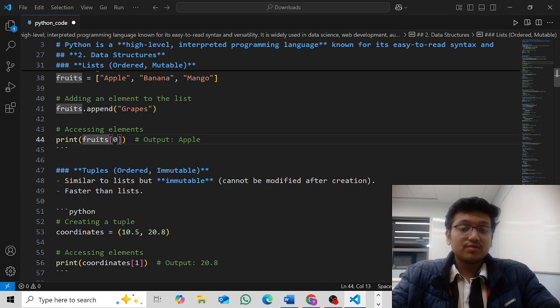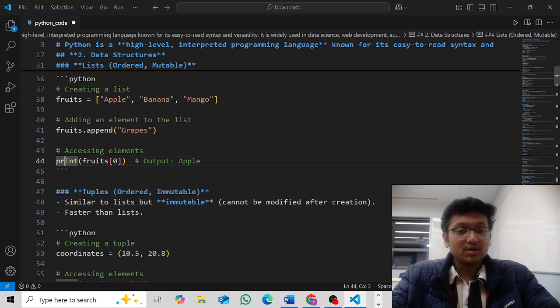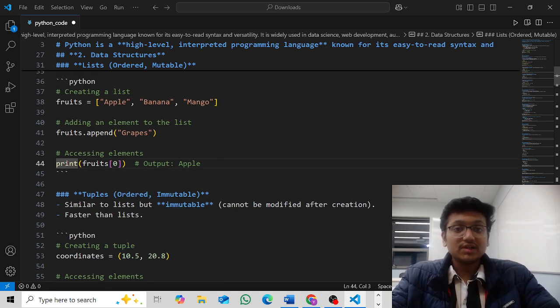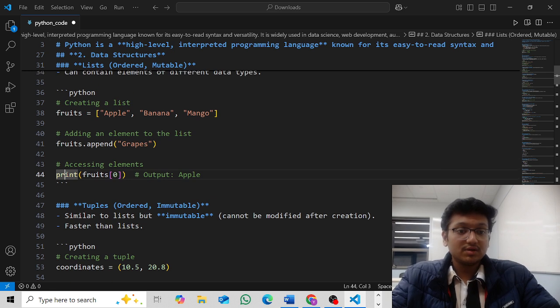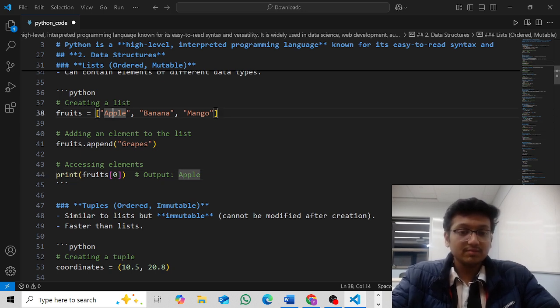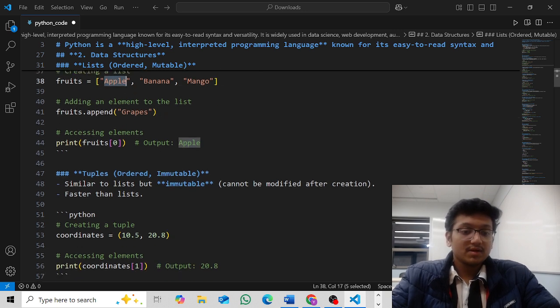And after that, if you want to access your element, let's say I want one value from the fruits. So I can say print fruits[0]. So it will give you the first string from the list in this variable. So it will give me output of apple. As you can see, it starts from 0, 1, 2, 3. Here is a 3, 0, 1, 2, 3. Okay, and after that